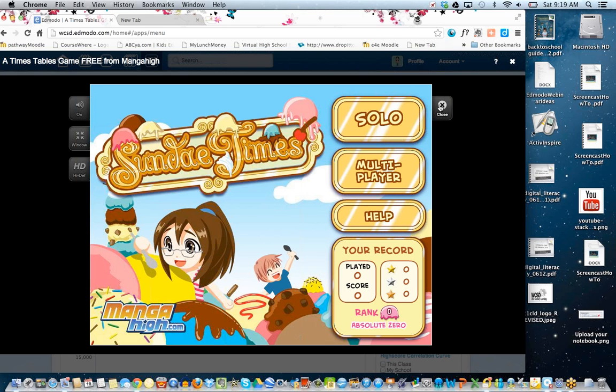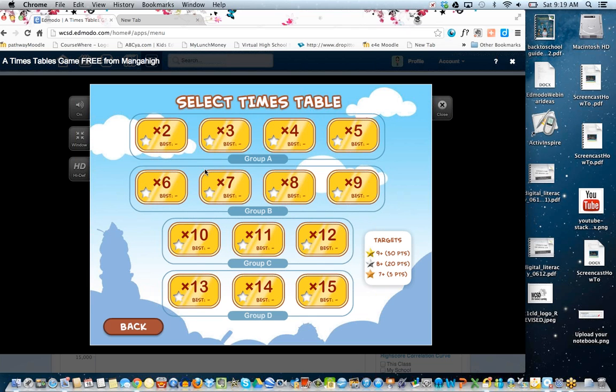Now, you guys probably can't hear because I have the sound muted, but there is some music in the background of this game. The kids can choose whether they want to do solo or multiplayer. They can choose the skills. And a lot of these games have the ability for the teacher to assign what skills they want the student to work with. So that's great for differentiated instruction because you can say, I know Jim needs work with these times tables, so he's going to work on that.